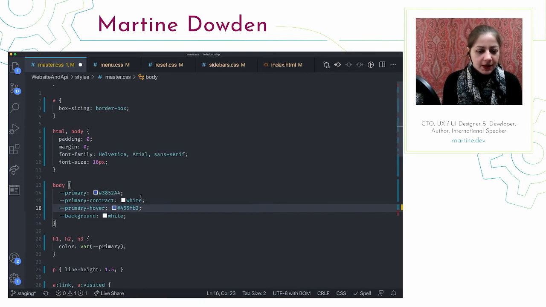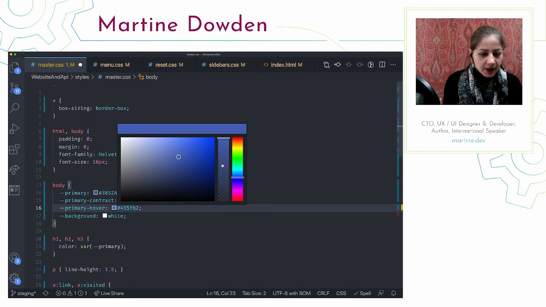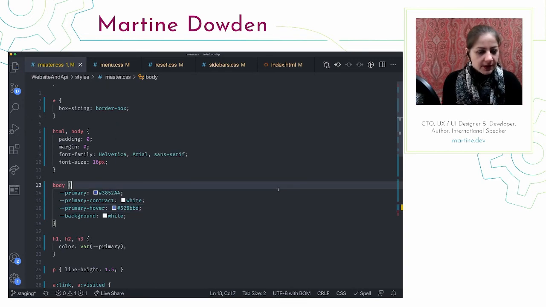I'm not moving anything on this slider over here, right? Because I want to keep the same hue. I'm just lightening the color just a tad. So we're going to go for something. And we don't want to go too far or the white will no longer pass color contrast. So we don't want to go too light. We just want to give it just a hair. So there we go. Let's save that.